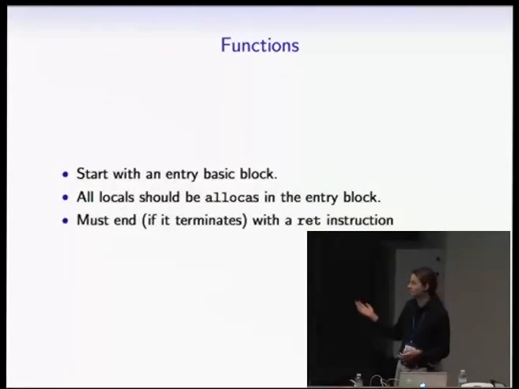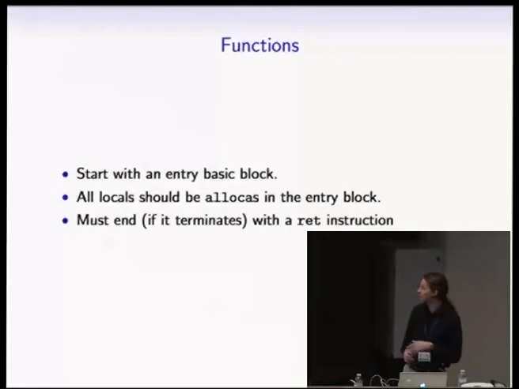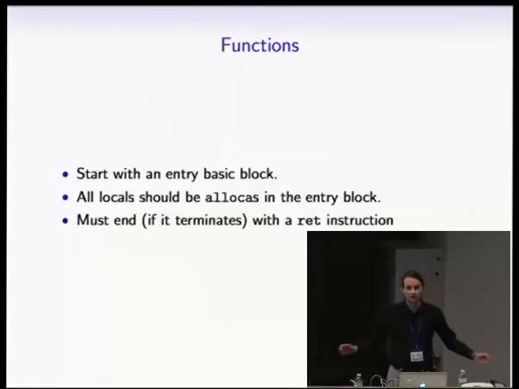And most of the front ends do this, even things like Clang that are written by LLVM developers, because constructing single static assignment form really requires you to know about flow control and do all the flow control analysis. And if you're lazy, you don't want to do the flow control analysis, you want to just let LLVM do the flow control analysis for you, because that's its job. You're just writing a front end, and front ends should be simple. So you can just create an alloca for every local variable and let LLVM do the promotion for you.